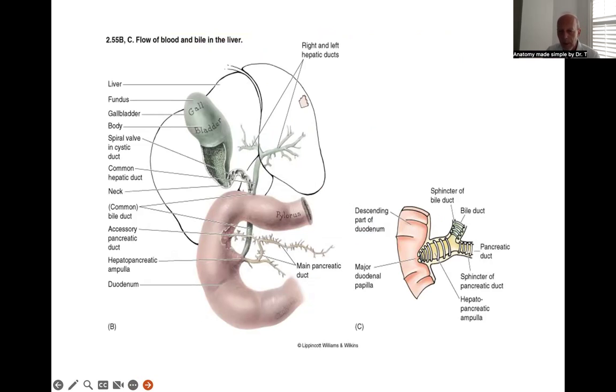Perhaps this picture will now help a little bit to recap. As we can see here, major pancreatic duodenal papilla, hepatopancreatic ampulla, sphincter of Oddi, and then sphincter of bile duct, the choledochal sphincter, and yet another pancreatic duct with its own sphincter, because again, there could be times when we want to preserve pancreatic secretion so that nothing comes into the duodenum, so the pancreatic duct may have to be temporarily closed